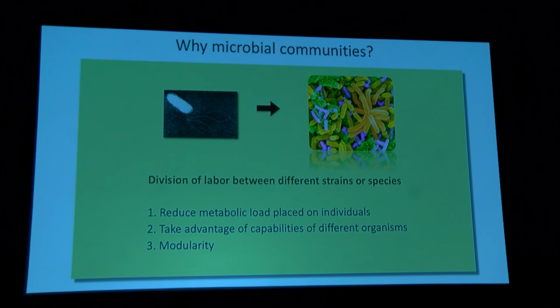And so why do I want to do that? We're interested in approaching these problems in a way that we can reduce metabolic load on individual cells. As biological engineers, we often try to make E. coli, or our favorite bug of interest, do one more task and one more task, and then we find that they grow poorer and poorer because of the metabolic burden or other burden on the cells. So if we can divide a task amongst more organisms, can everyone grow faster, have higher fitness, and then make something different?